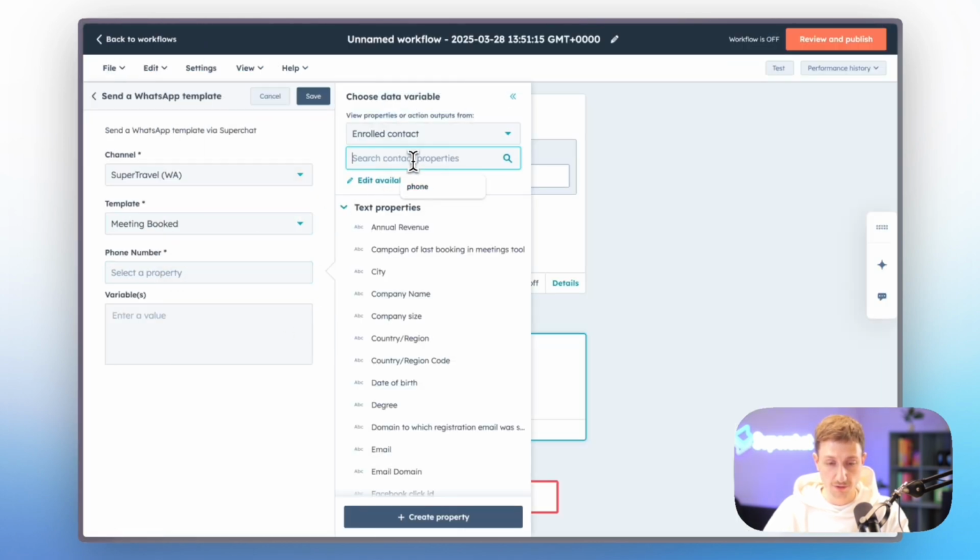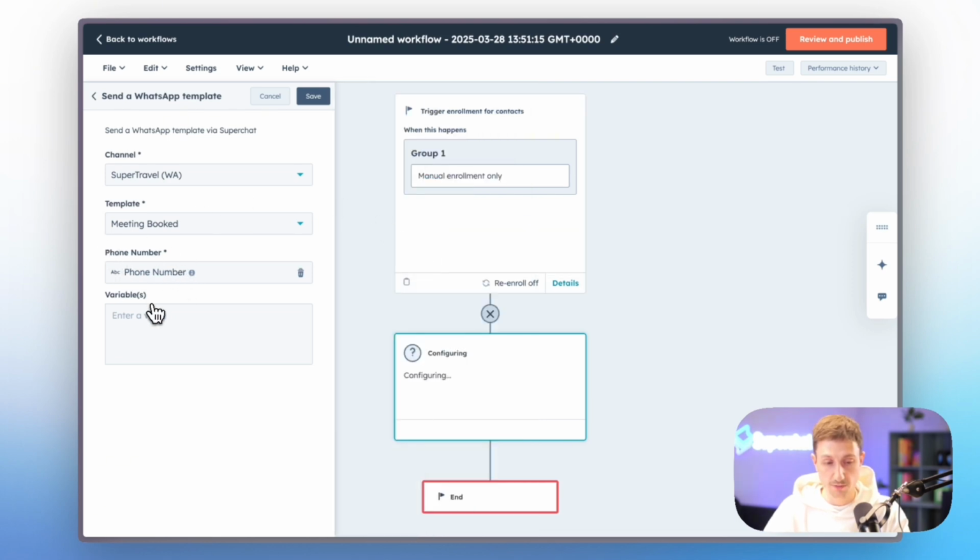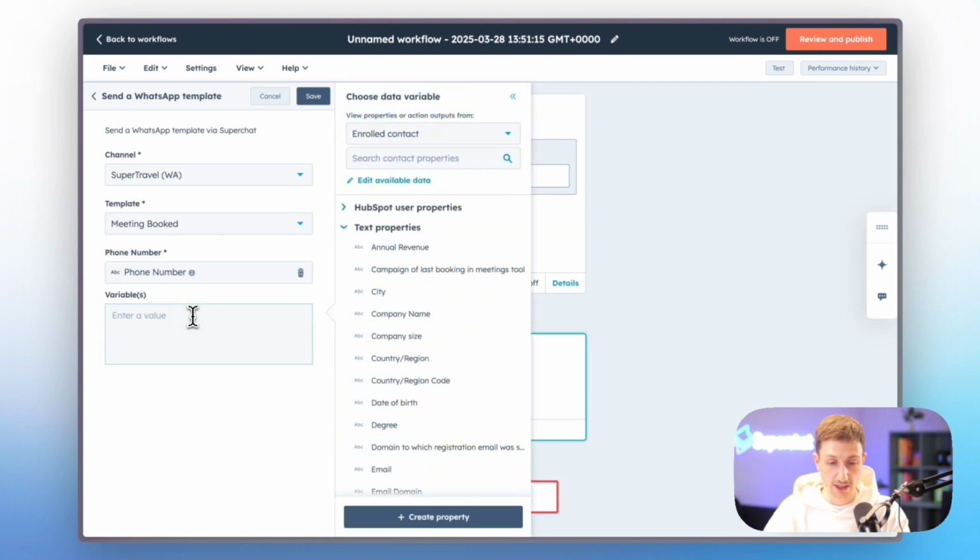Okay, as I know it now, I can basically head back to HubSpot and just select the phone number here for the contact that I want to send it to. So I have the phone number that is matched against the phone number. And as I remember, I have like 3 variables. It's like first name, meeting date and time, and also like join link. I might not have all of the data available here in HubSpot, but imagine a different template that you want to send. For instance, for like birthday wishes, you could also send like something else where